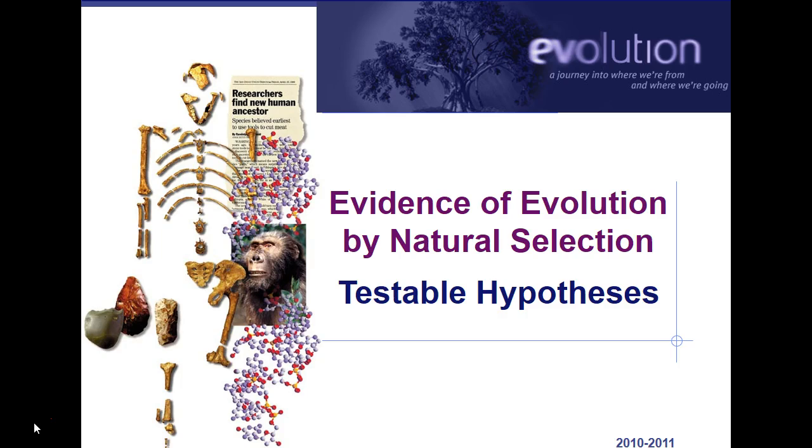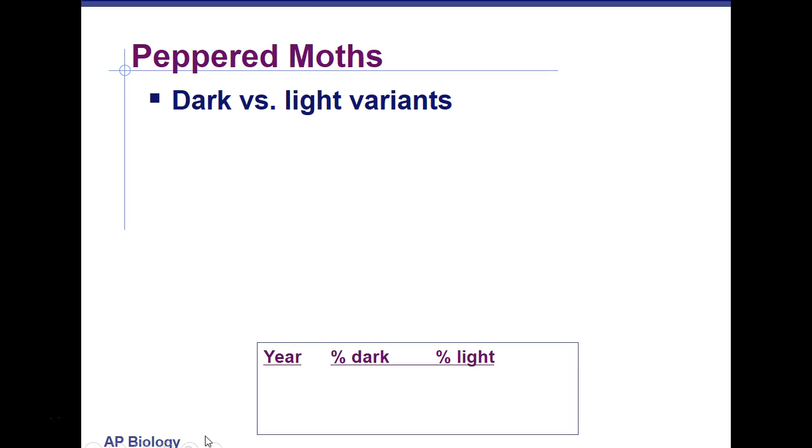Just like we can use Newton's theory of gravity to answer questions about the movement of planets in the solar system, we should be able to use Darwin's theory to answer questions about why populations exist the way they do in the natural world. So let's look at a couple examples, starting with a famous one, the peppered moths of